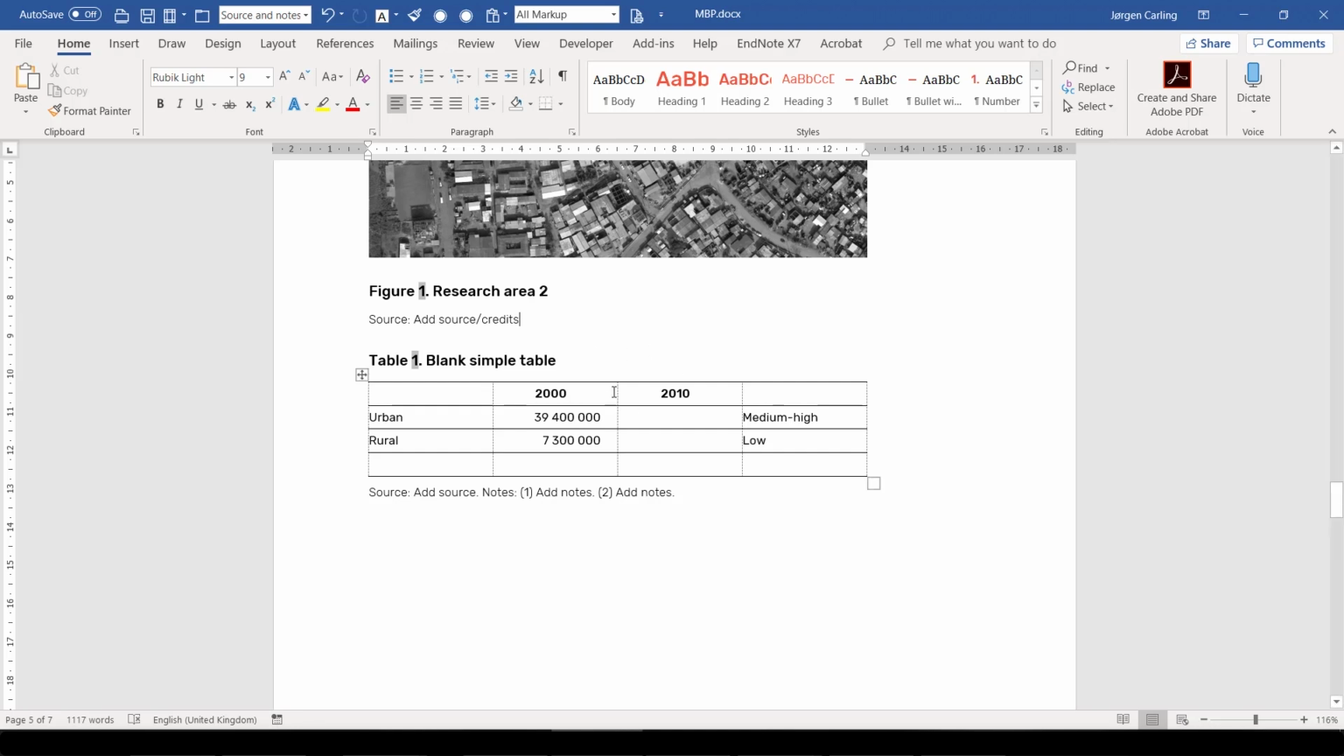Of course, some adjustments will be needed to the tables to make it fit your needs, but at least the